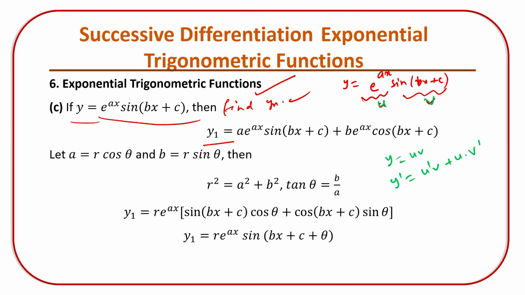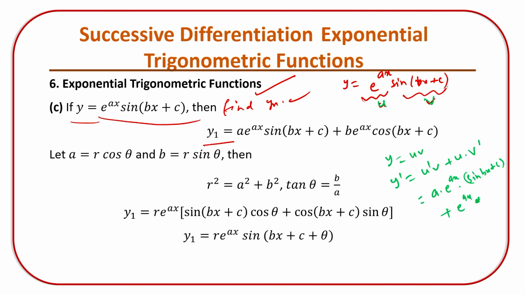That we knew, right? And that's why y1 can be written as follows. u dash is equal to a e^(ax), into sin(bx+c), and plus u, that means e^(ax), into v dash,